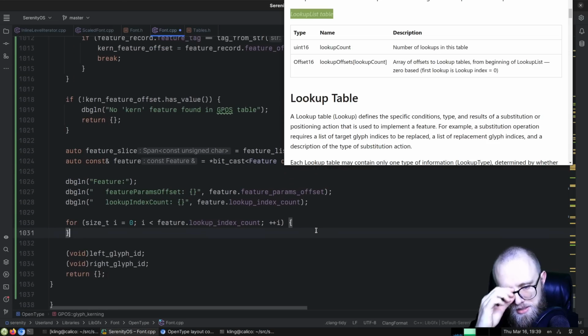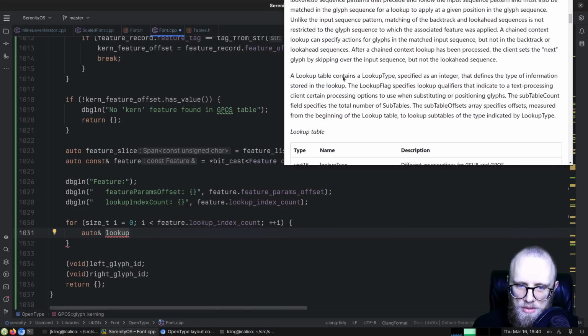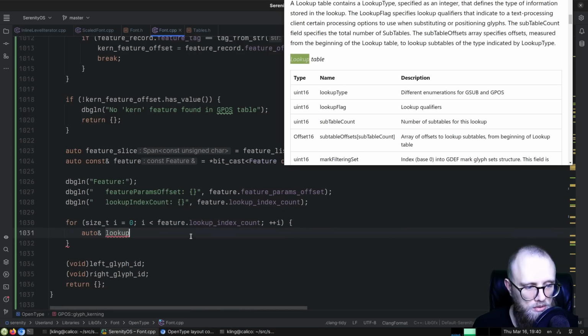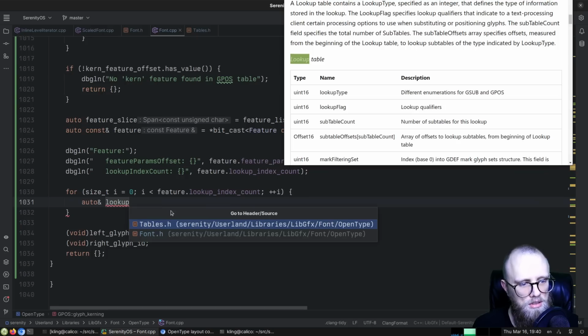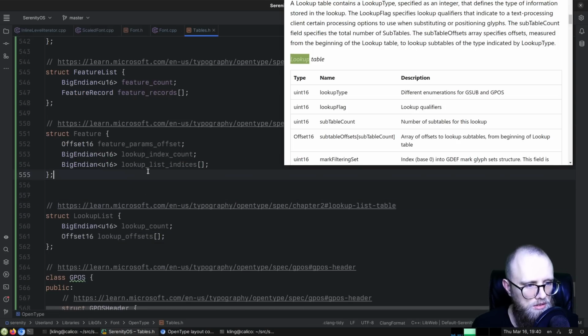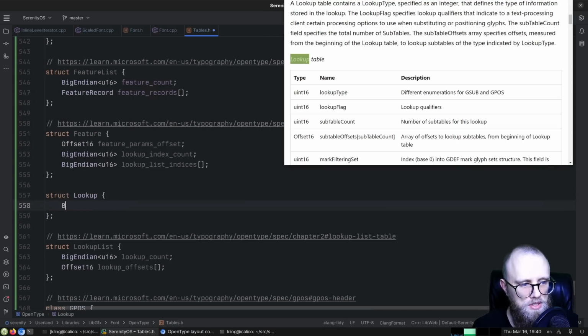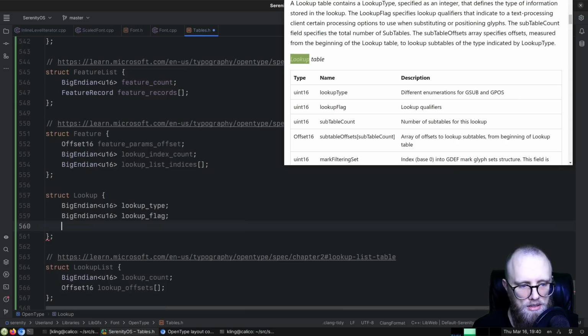So we needed that down here because we have indexes into the lookup list. So what is in the lookup list table? It is a lookup. Is that what it's called? A lookup. All right, I guess we should declare that also, a lookup. So more cool things. Lookup type, lookup flag, subtable count,